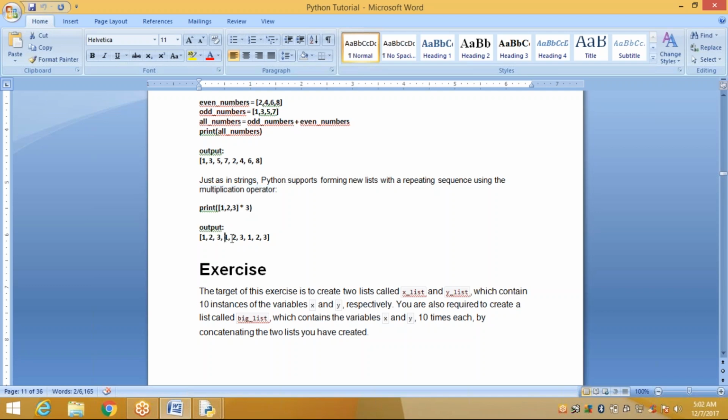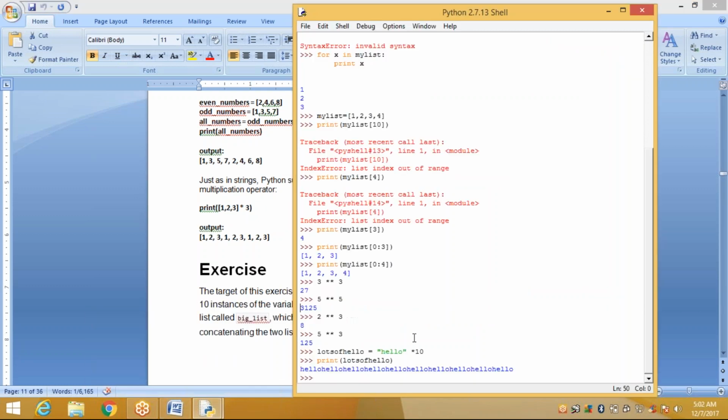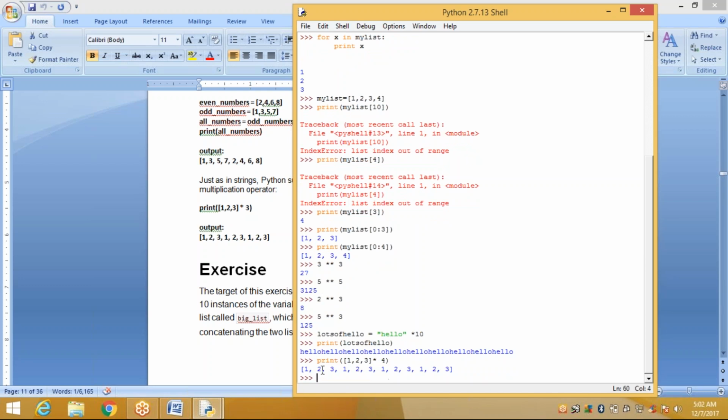It displays 1, 2, 3, again 1, 2, 3, and again 1, 2, 3.